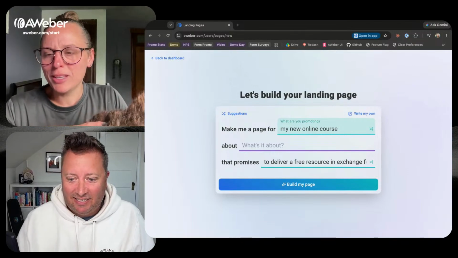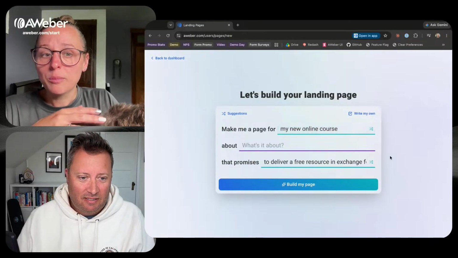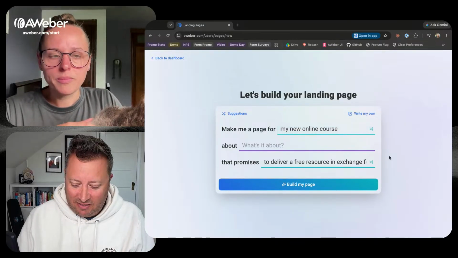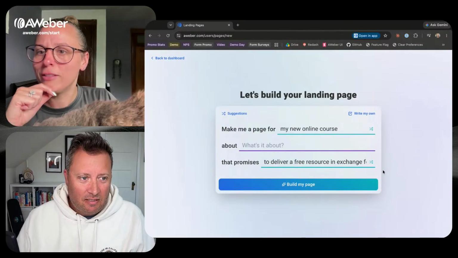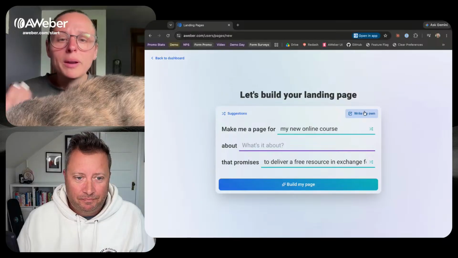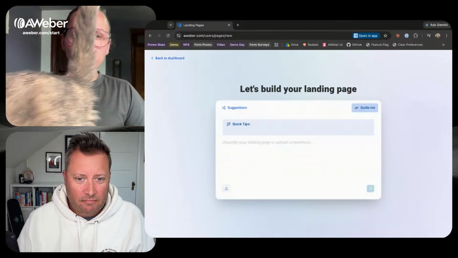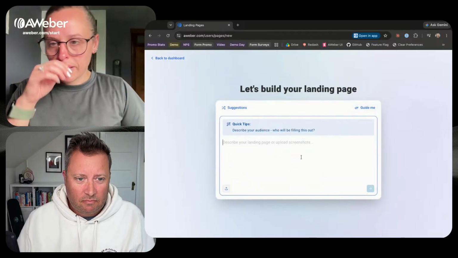Exactly. And just to see what it can do and spark curiosity and inspire you to maybe do the thing that it's offering. Because sometimes it's just helpful, like, oh, I hadn't thought of something like that. But I do know what I want to do. So I'm going to click to write my own and just type in that I want